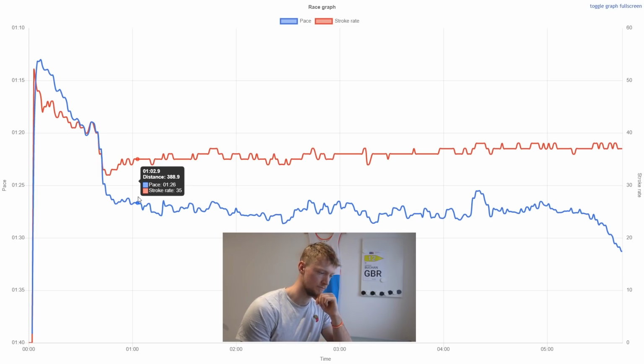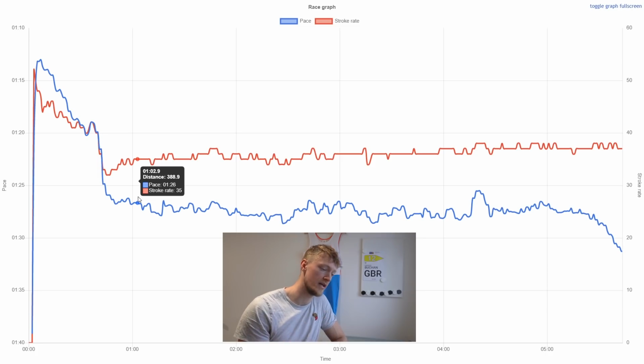In my opinion, it would make it feel easier through the middle of the race, but with the overall time, would he be able to hold a 125 for the whole entire piece,